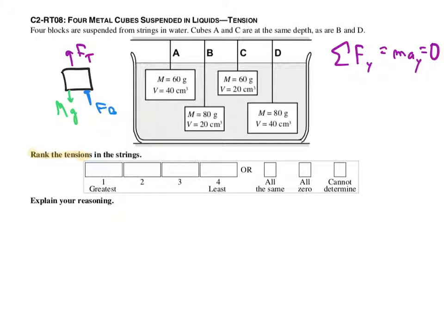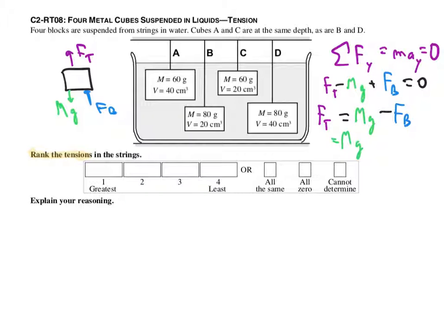force has to be 0, which means that Ft minus mg plus Fb has to be 0. Or the tension, the thing we want, is equal to the mass of the block times g minus the buoyant force. In other words, the tension has to make up whatever the buoyant force can't provide, which makes some sense. But we can go a little further than that and say the tension has to be the mass